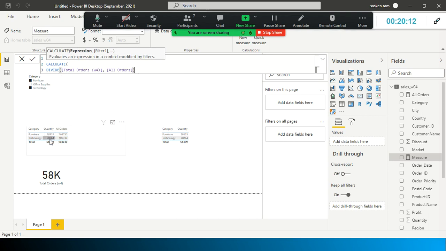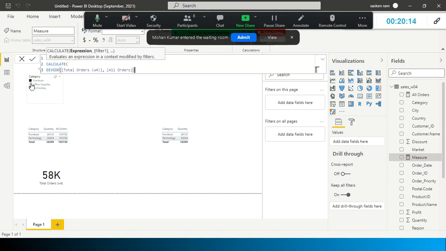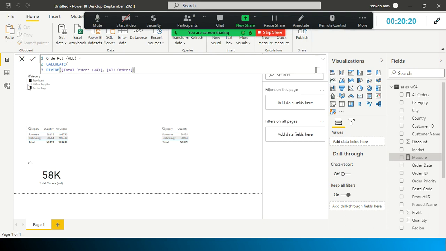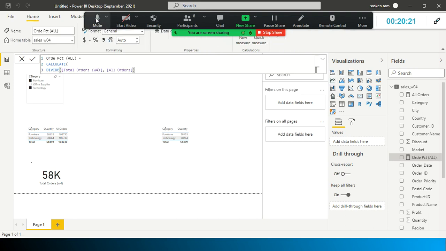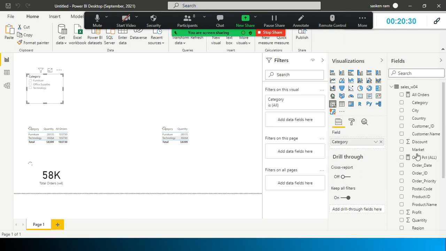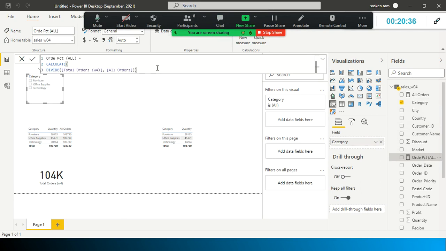So it divides each and every category. For example, I just select this one also. Let me deselect this one. Order Percentage All. So we are done with this.